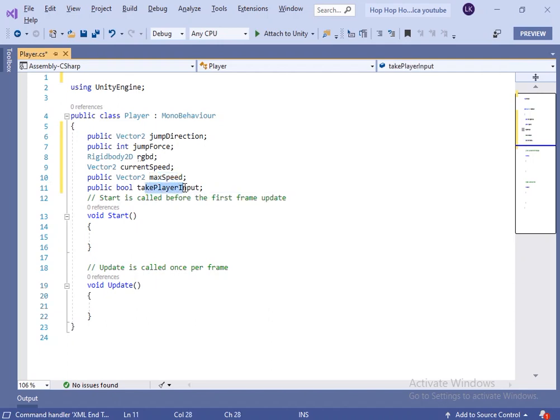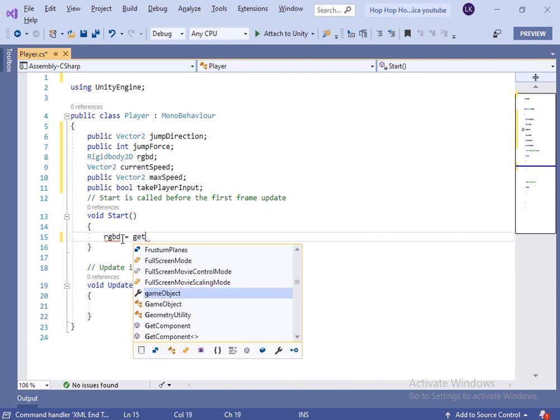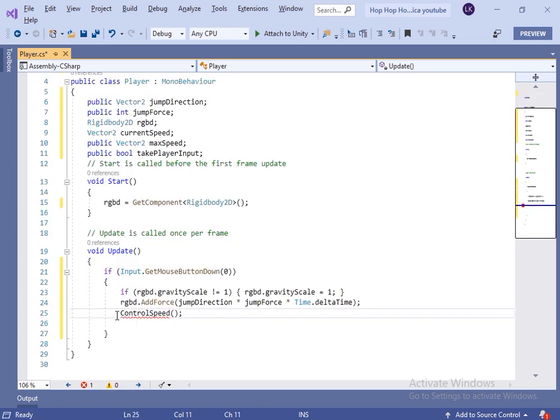I will create a Vector2 variable for the max velocity of the player. I will create a takePlayerInput variable. So you will get to know these two variables once we write the code. In the Start, let's take the reference of the Rigidbody2D component, and inside the Update,